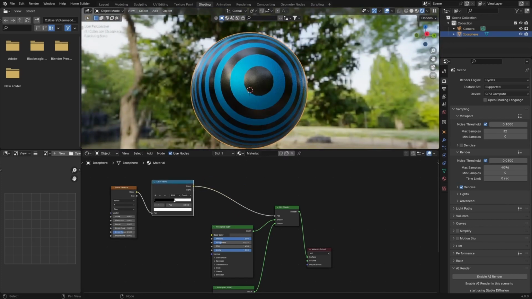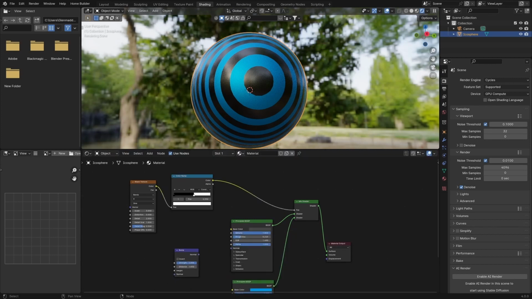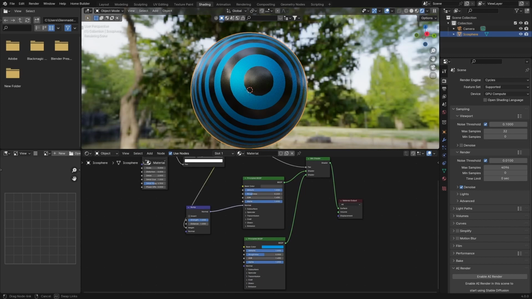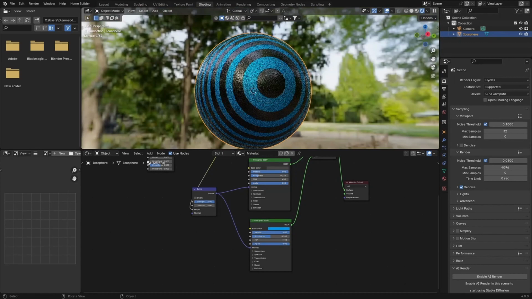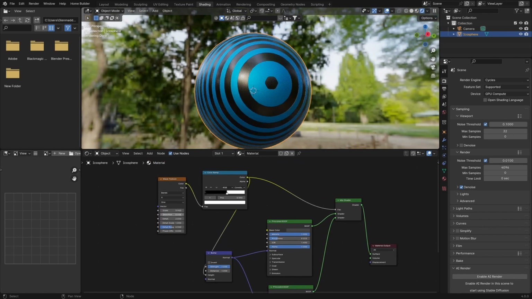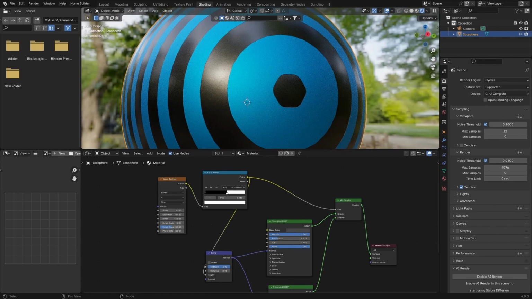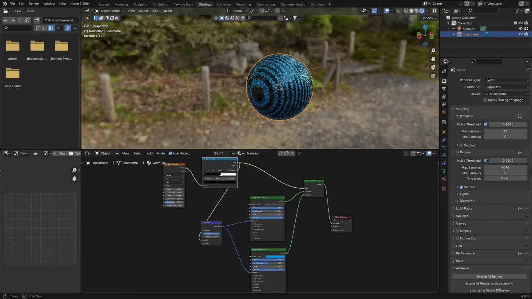Okay, now what you want to do is go Shift A, type in bump, and then take the color of the color ramp, plug it into the height of the bump node, and then plug the normal into the normal of both, and then that's it. And then what you can do is you can change the scale, you can change the distortion if you want, detail you can bring up all the way, and then you can obviously adjust this. And there we go. That's a quick, easy material